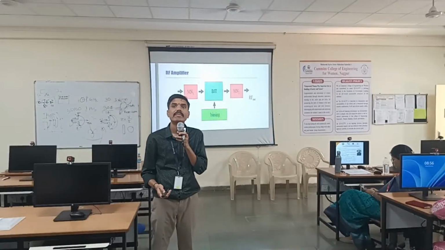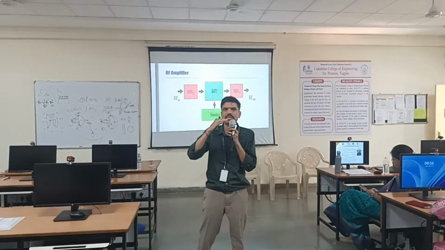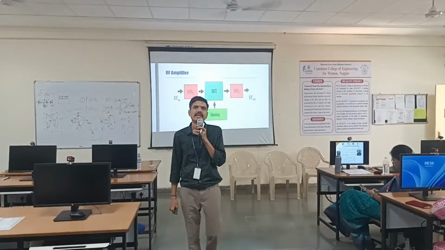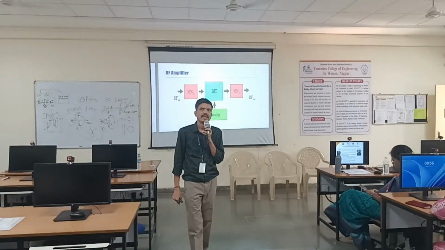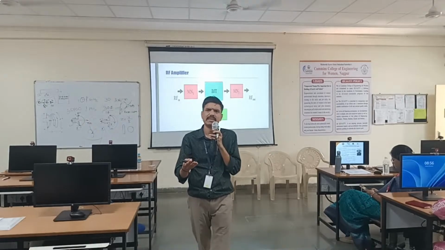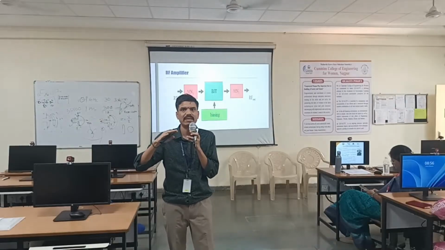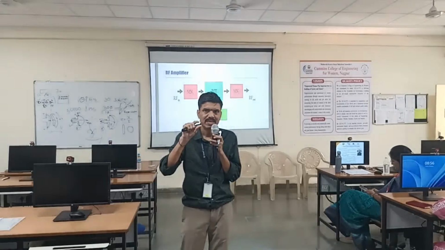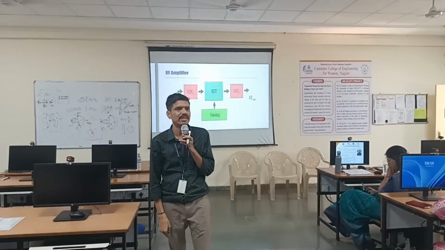Sir, what is the thickness of... Thickness, okay. If you take a microstrip, typically it is 35 micron. Typically copper metal. And if we are using any other metal? Any metal you take, gold or silver, but typically copper is used as the conductor on your dielectric. Are you talking about the thickness of the metal or the thickness of the substrate? The metal thickness is typically 35 micron.